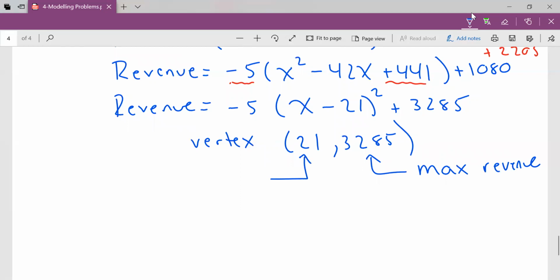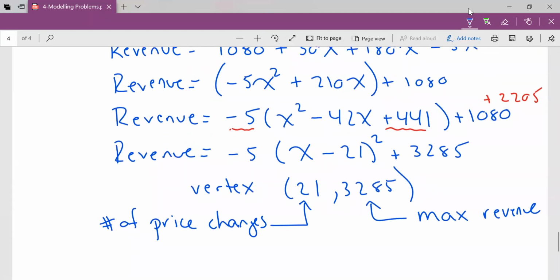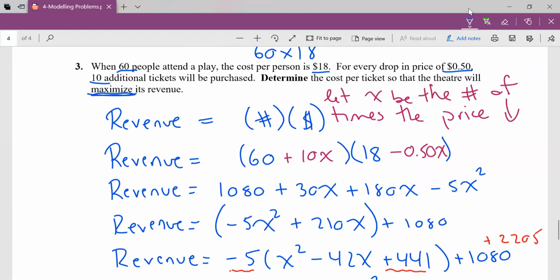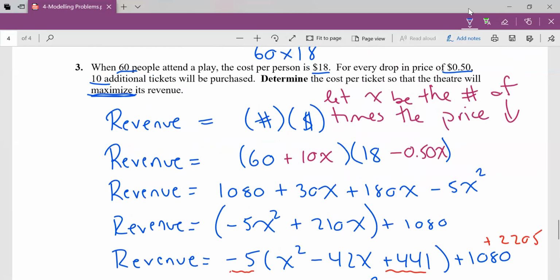21 is not the ticket price. The 21 is the number of price changes. Okay, they're going to change the price 21 times. Okay, well, wait a minute. We're going to change the price 21 times. And how much were they changing the price by each time? 50 cents. So if we want to determine the new ticket cost here,